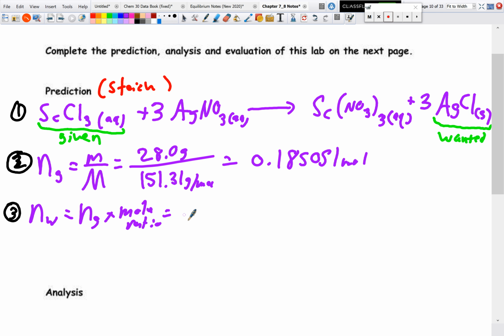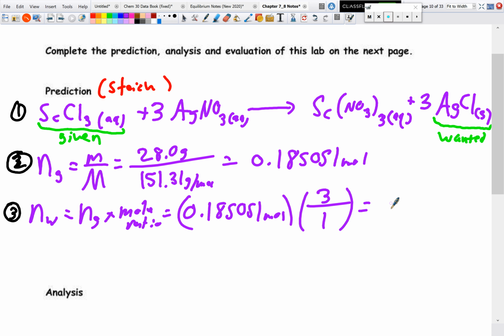And it's that equation right here. So we take our 0.185051 moles, and we multiply by the coefficient of our wanted, which is 3, over the coefficient of our given, 1. And we get